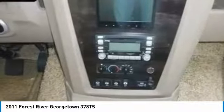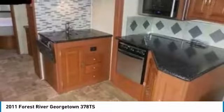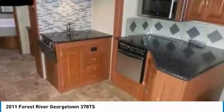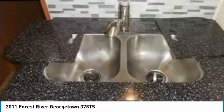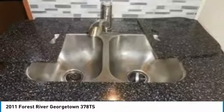This 2011 Forest River Georgetown 378TS is ready to become your next home away from home. This luxury unit has been outfitted with exceptional amenities to ensure that you experience top-quality residential living right on the campsite. Highlights of these features include full-body paint with no decals, Corian countertops, stainless steel appliances, 3-burner stove, oven, convection microwave,